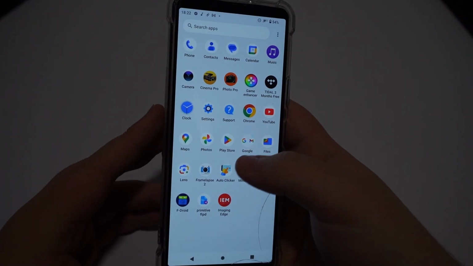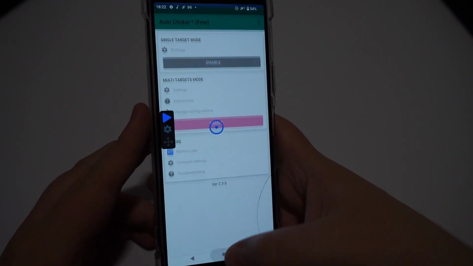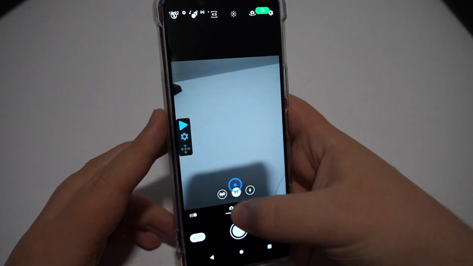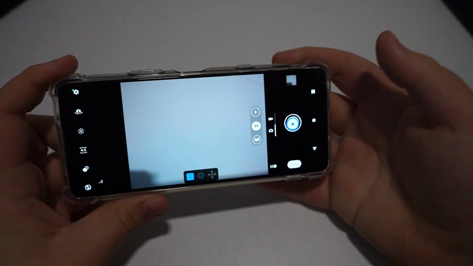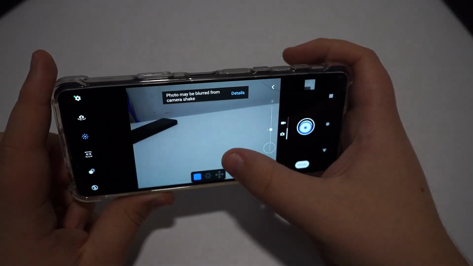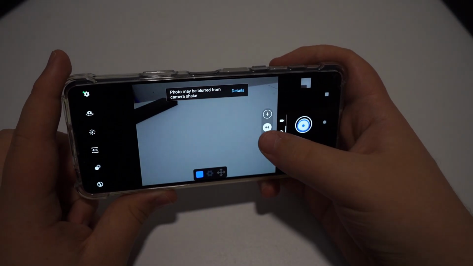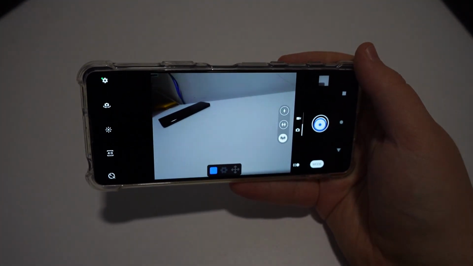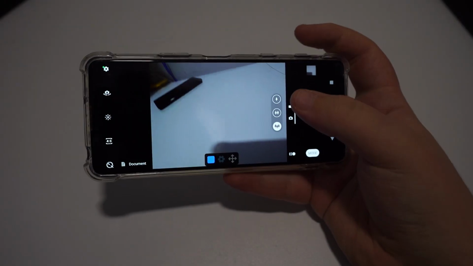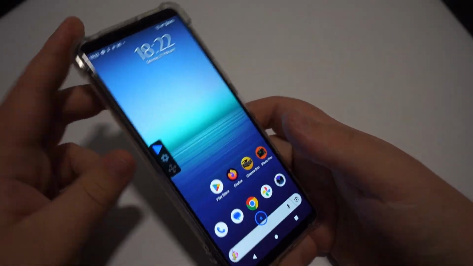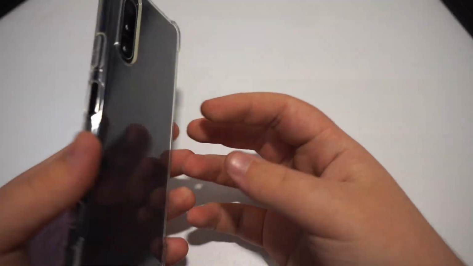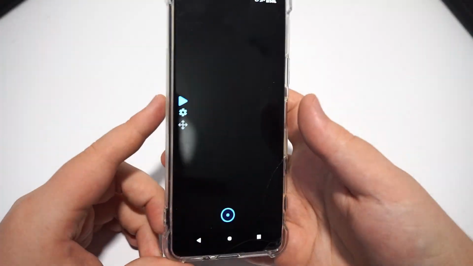If you want an older phone or just don't really like the quality of an app like Frame-Lapse, another good alternative I found is to use an auto-clicker like this one, and then just set the auto-clicking button to the button in the camera app. This makes the phone take a photo every couple of seconds or whatever you want to set it to, and this can create some very nice results. Once you have a lot of photos, you can go into a PC and combine them all into one video,